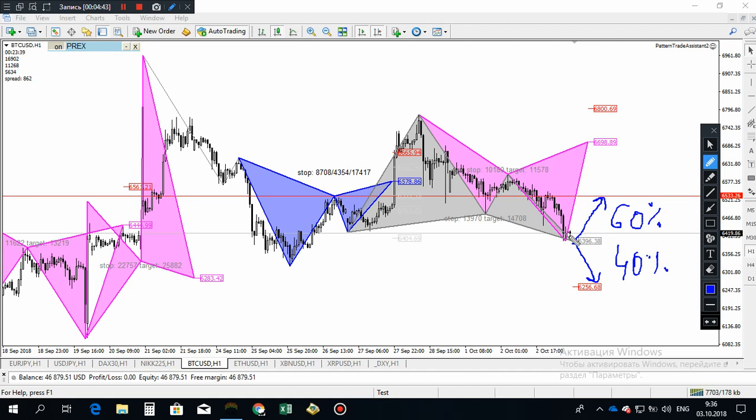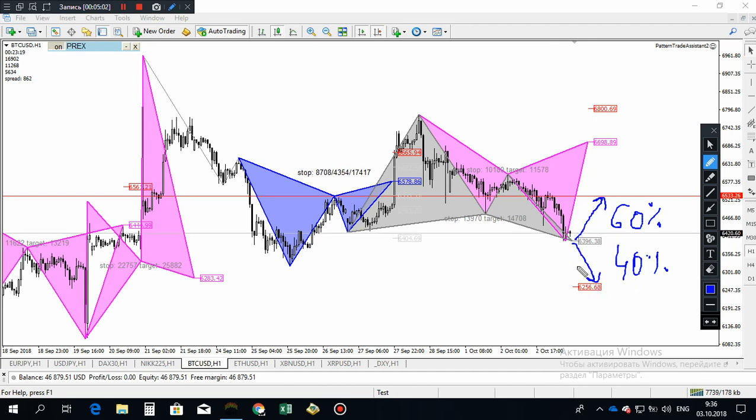Yes, this is not a guarantee, of course. That's why I should put a disclaimer, because we have 40% of losers and 60% of winners. 60% is a higher probability than 40%, but